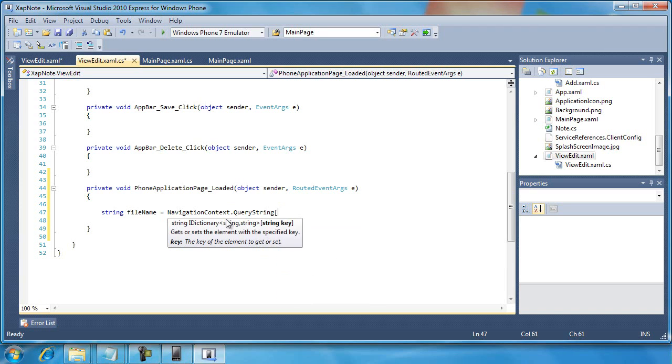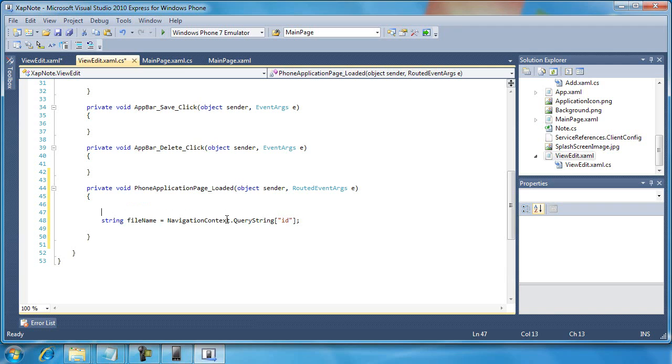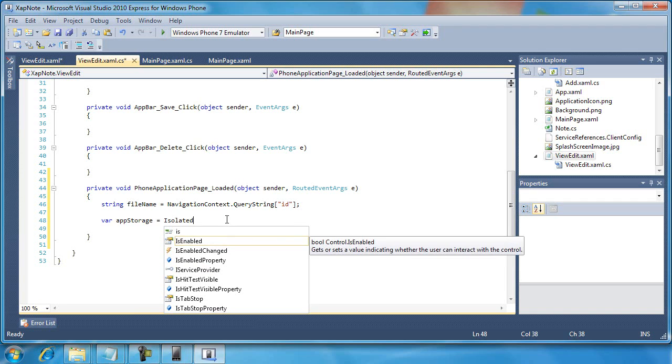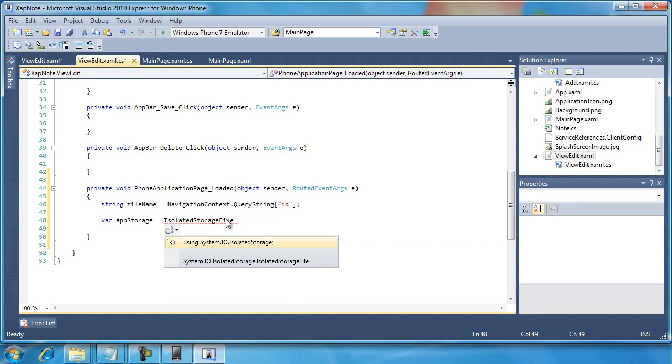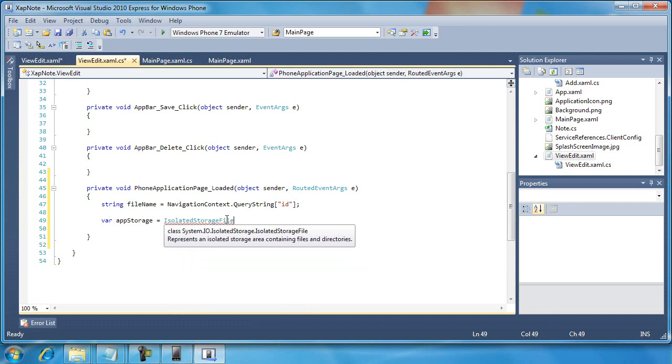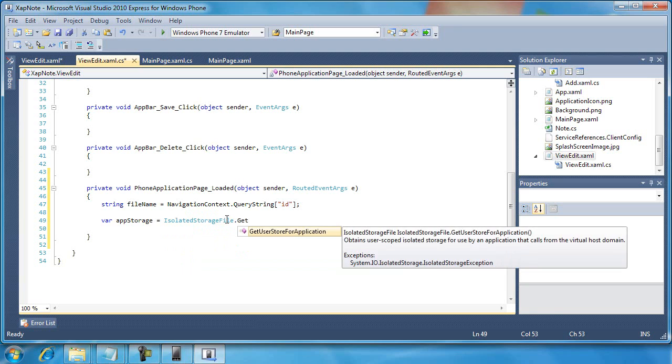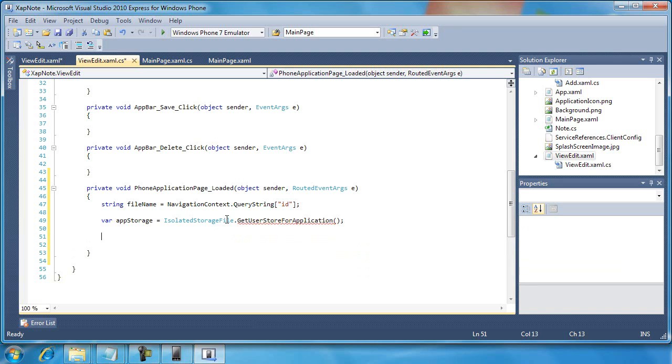And I think we can just then do this. So now we have the file name, and then we're going to need to open up the isolated storage. So I'll go, well, either way it's fine. I'll go right below it. So isolated storage file, and then I'll hit control period and include that in a using statement. Dot get store user store for application. Okay, now we're ready to go, and we'll get back into this